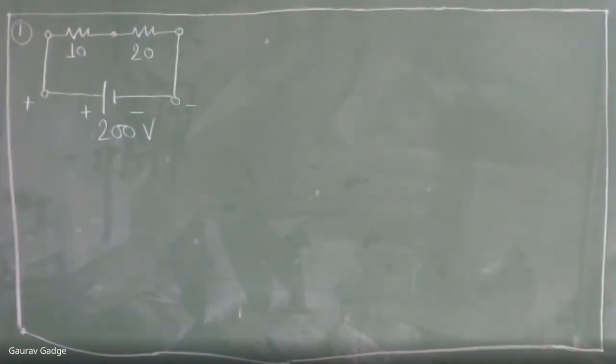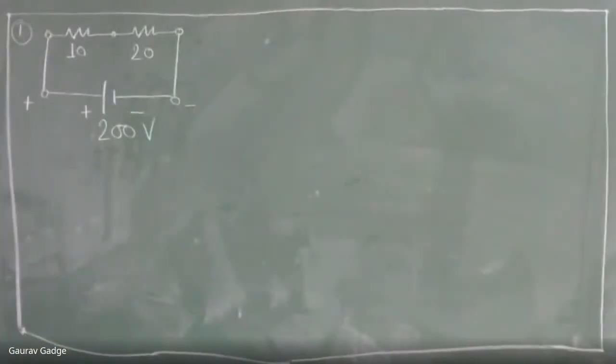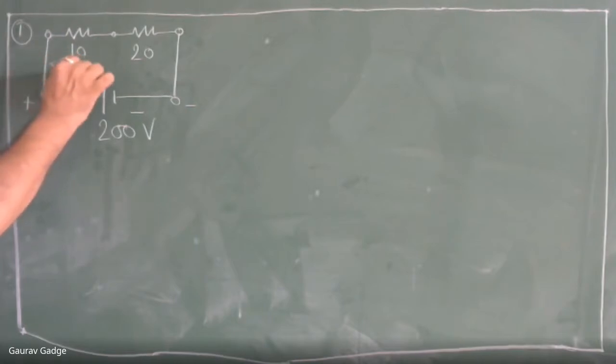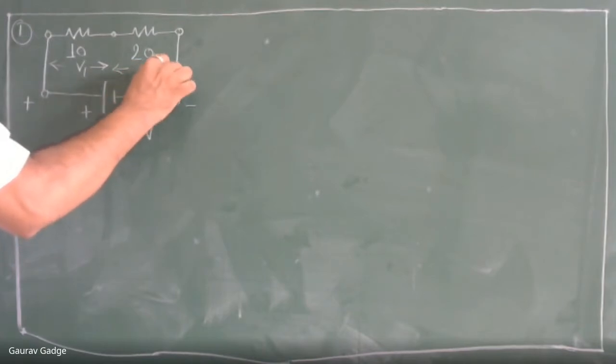Yes, good afternoon, friends. As given four numericals for homework in basic electrical engineering in last lecture, lecture number 4, I just put the solution to those numericals. The first numerical homework was where 10 and 20 ohm resistance is connected in series and 200 volt voltage source given to it, and you have to find out the voltage drop across resistance 1. So we called that voltage drop as V1 and voltage drop V2 for resistance R2.